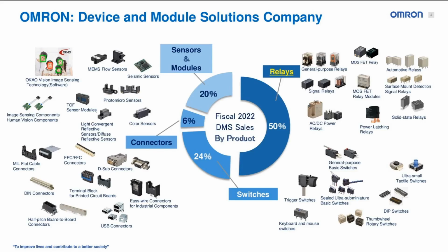Omron Device and Module Solutions offers components to the industries. We have sensors and modules, which makes up about 20% of our business. We have 6% being connectors, which one of those I'll talk about here today. 24% are switches, ranging from tactile to trigger switches to general purpose basic switches. And the bulk of our product is relays, which is what my focus will be on today, the explosion-proof relays